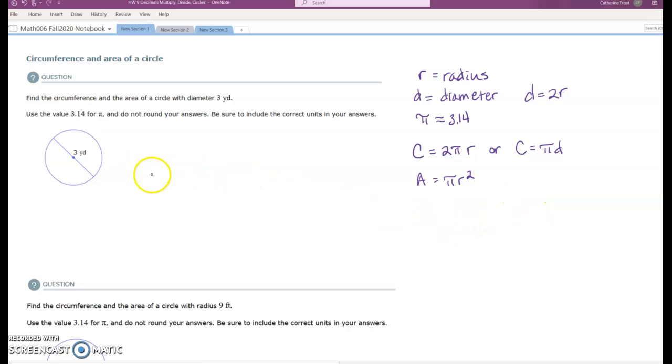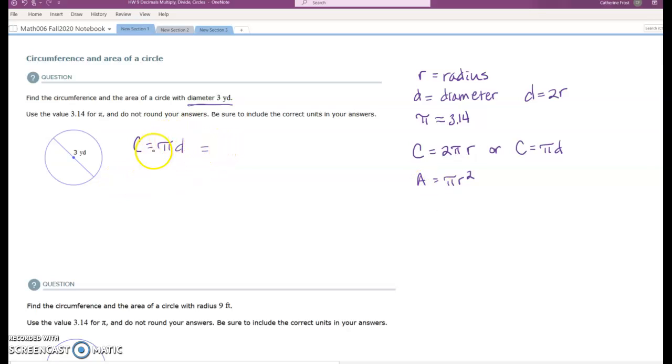Okay, so let's just do a couple. It says find the circumference and area of a circle with diameter 3 yards. So diameter is 3 yards, and we see here it's all the way across the circle. It says use the value 3.14 for pi, and do not round your answers. Be sure to include the correct units in your answers. Okay, so let's do the circumference first. Since they give us the diameter, I'm going to use pi d